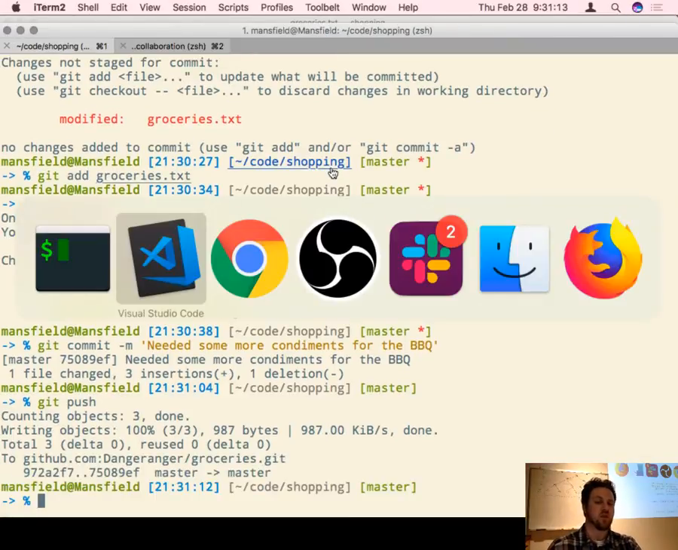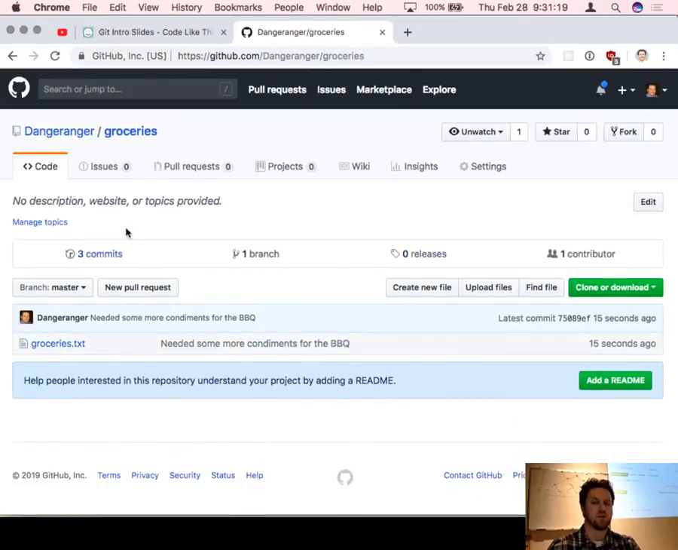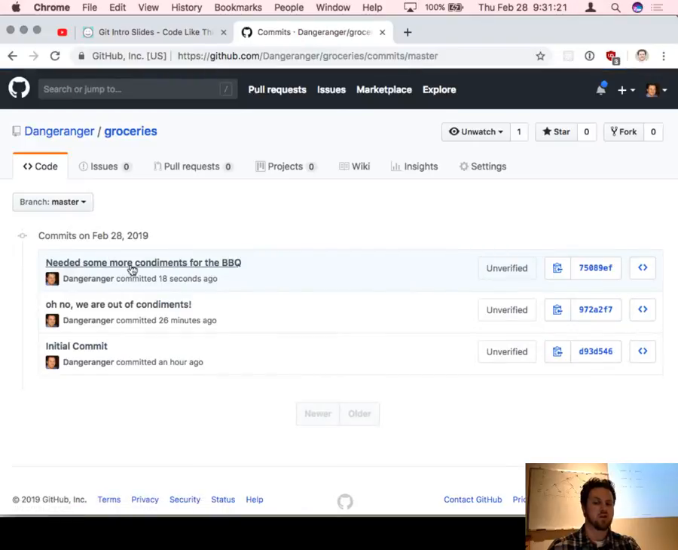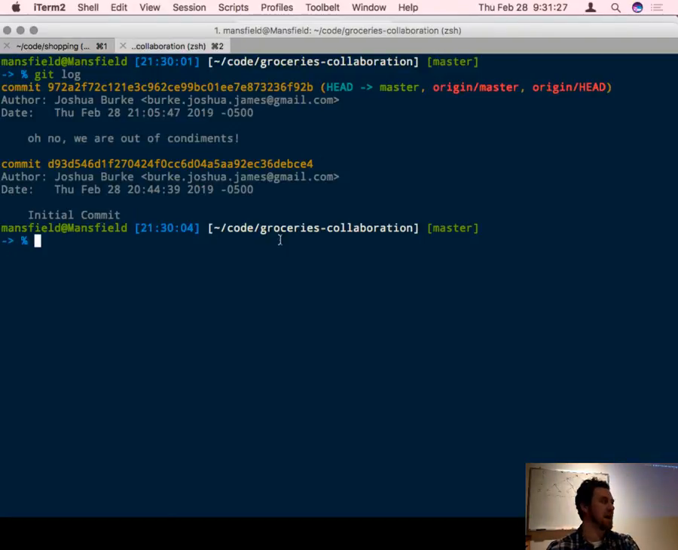I can see them on GitHub. I can come back in here and refresh. And I now have 3 commits, not 2. So I said needed more condiments for the barbecue. And lastly, I go back into my collaboration tab and I pretend to be somebody else for a moment. And so if I did git status in here,